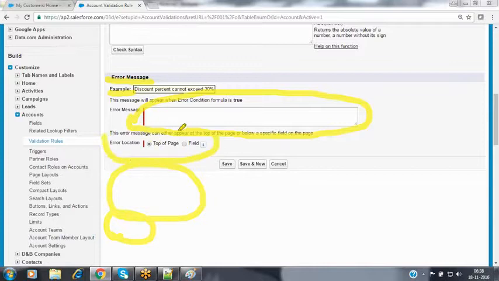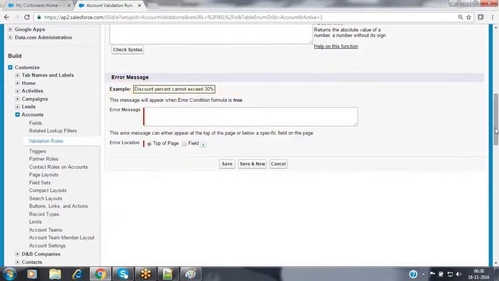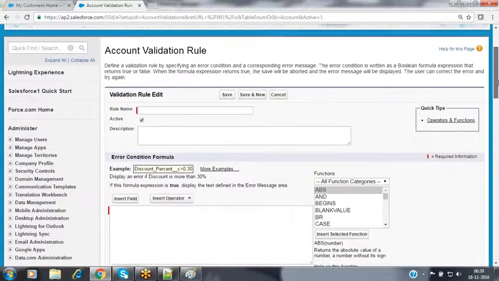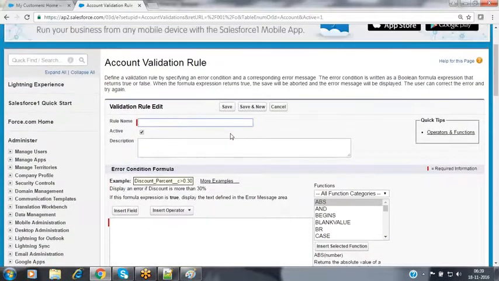You can specify at the top of the page or at the field level. If it is a field level, you can specify which field. So now all these functionalities are available. We just have to use the graphical user interface to create the validation rules instead of learning any scripting languages to validate the data.